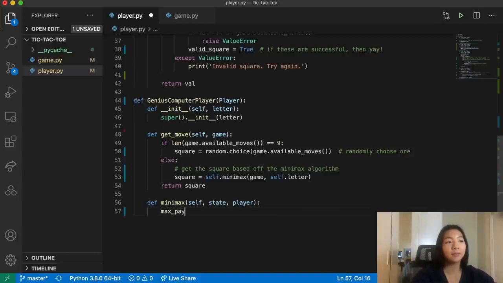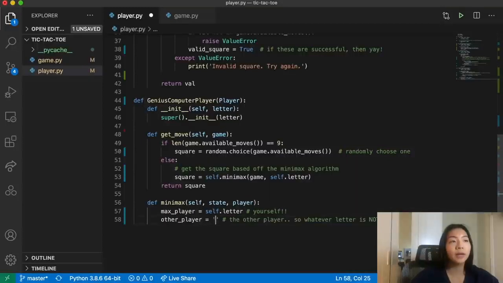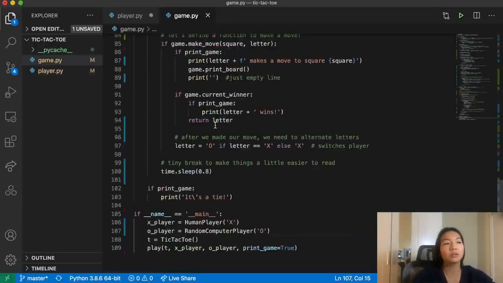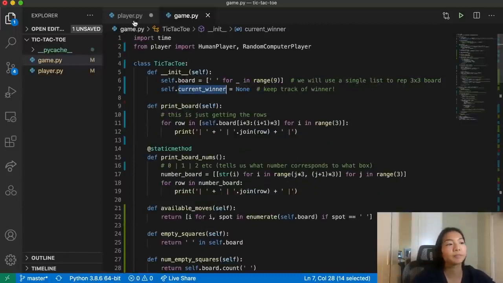All right, so the max player is going to be yourself because you want to maximize your score. So it's going to be self.letter. And then other player is going to be other player. So whatever the letter is not. So first we want to check if the previous move is a winner. All right, so when we have recursion, we always need a base case. And this base case is, well, at the very end of things, where are we at? So here we want to see, you know, was there a winner in any of the states that we've passed in? So we know that in our game we have a current winner. So if the current winner is equal to whatever other player is,